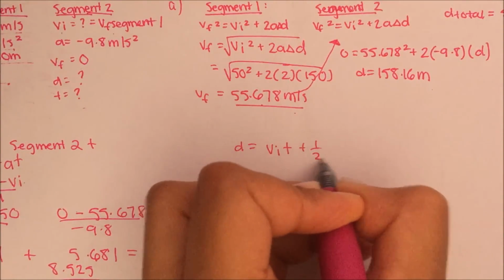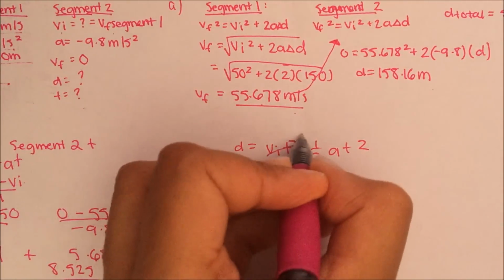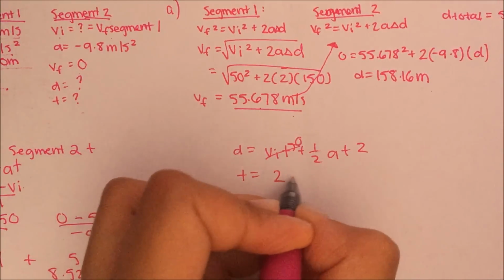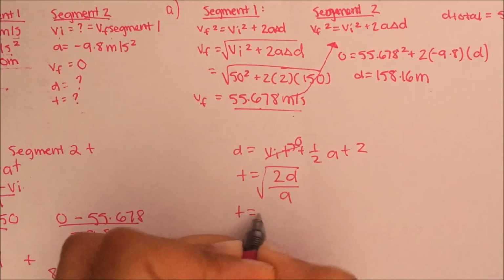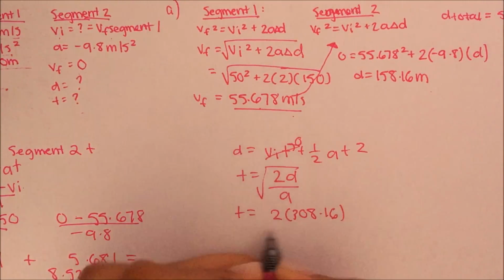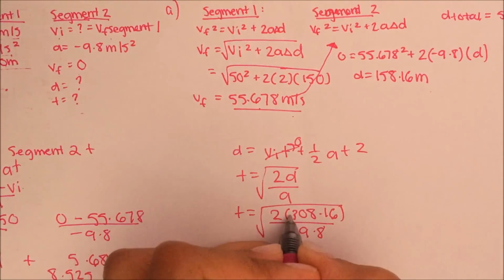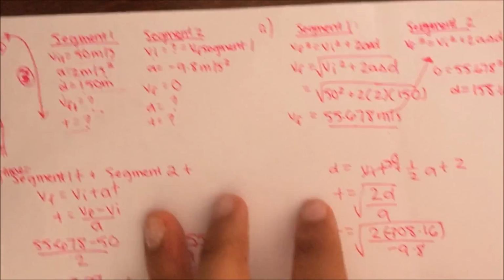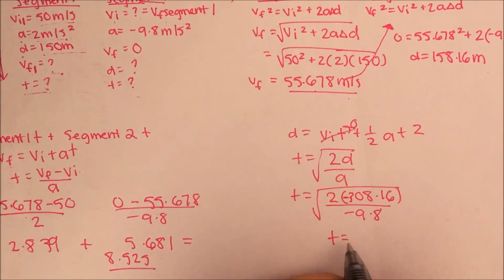Plus 1/2 acceleration times time squared. We also know the acceleration. So this goes to 0. So we know that the time is going to be the square root of 2d over a. So the time is going to be the square root of 2 times 308.16 divided by negative 9.8, and this distance is technically negative because we're coming down. So the time we're going to get for this is going to be